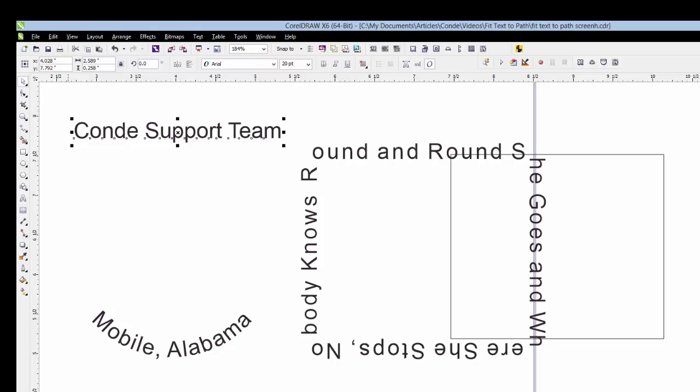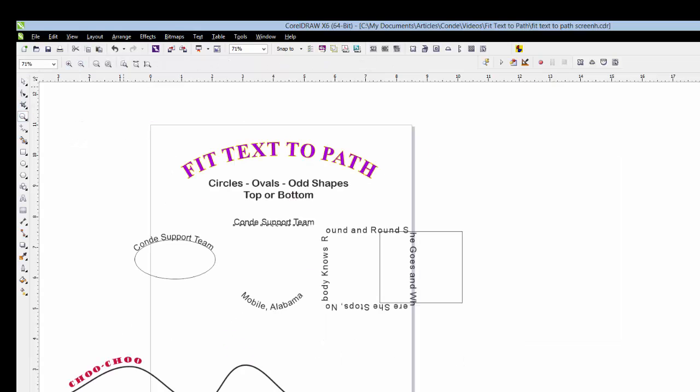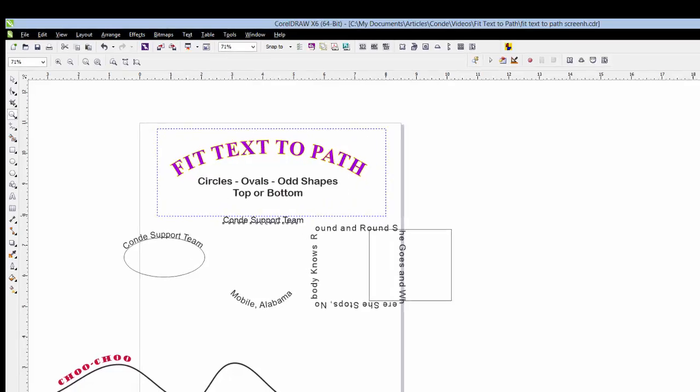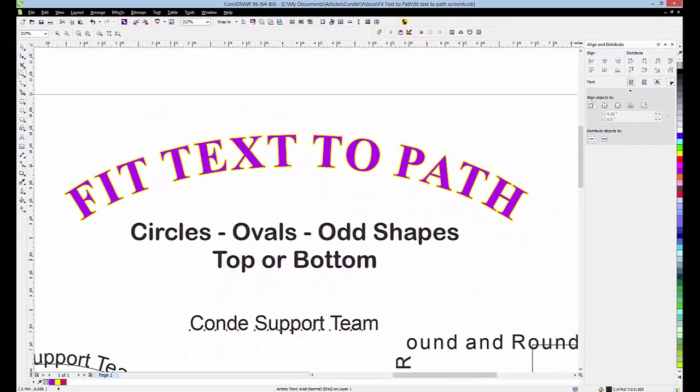Well, that's it for fitting text to a path, something so many people think is so very, very complicated, and really and truly, it isn't at all. I will give you one final tip. Make sure that your text is spelled correctly before you try to put it to a path, and adjust the size of your text and the font before applying it to the shape. Sometimes you can change it or make corrections after it's been applied to an arc, but most of the time you'll find that it just